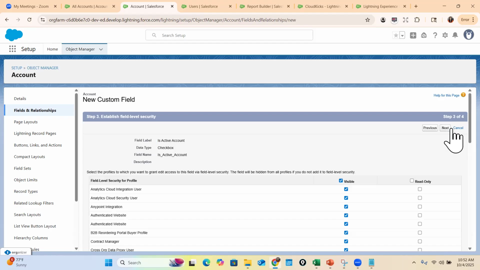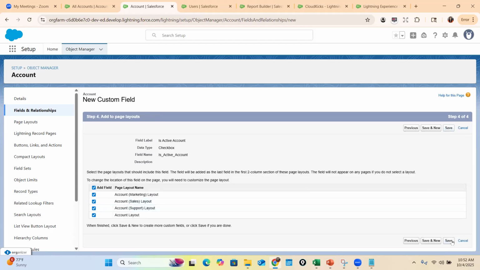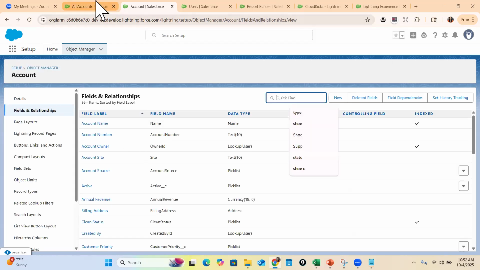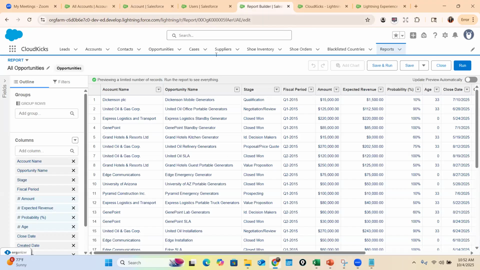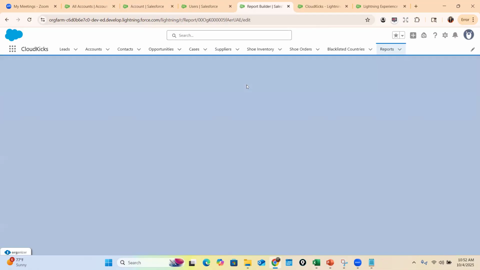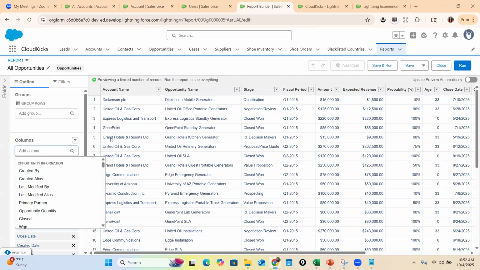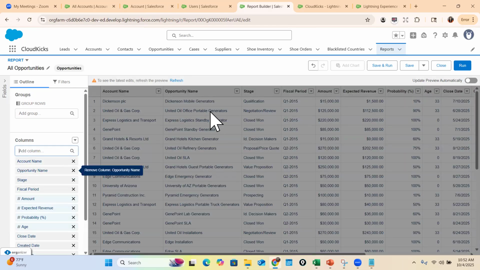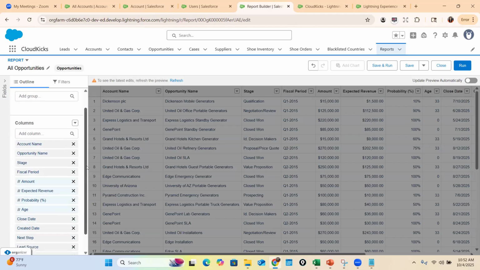Visible to all. Next. And then save. Okay. Now this field is active account. If I go back to my reports, and if I refresh this, just to make sure, there may be a possibility that I don't see this is active. Actually, I do see it, but usually the reason they say is